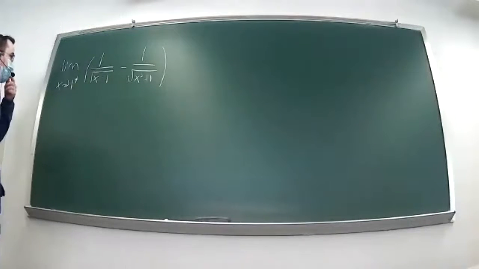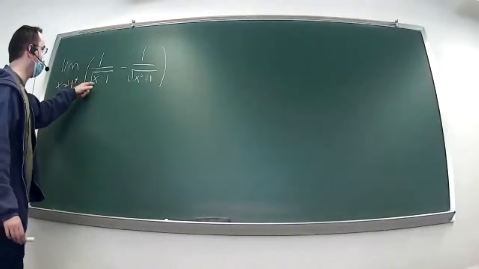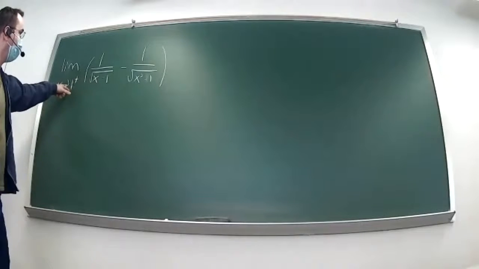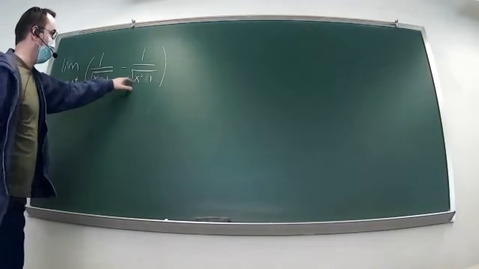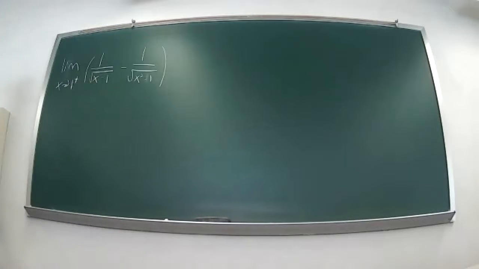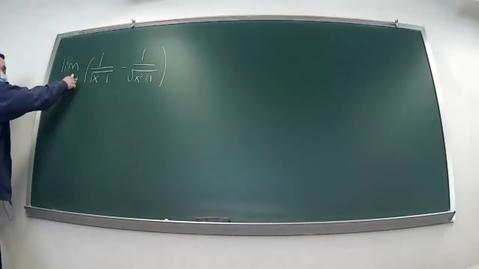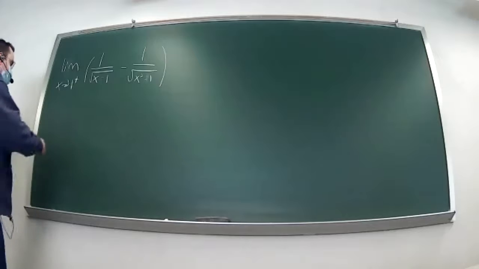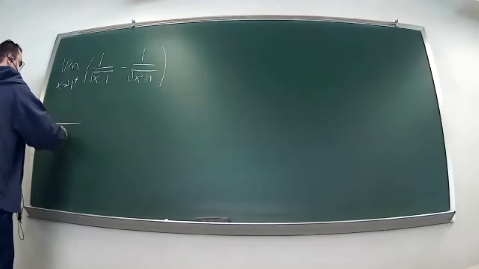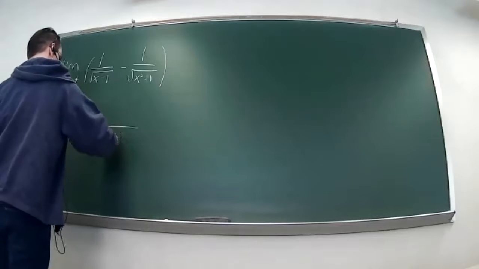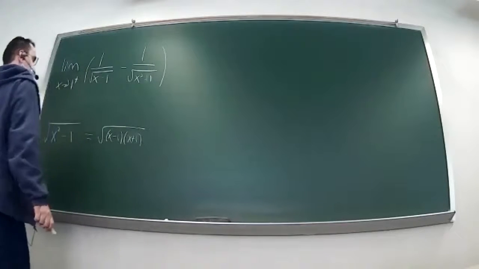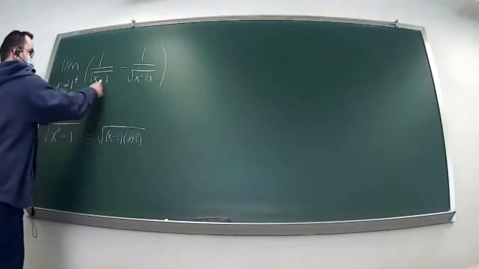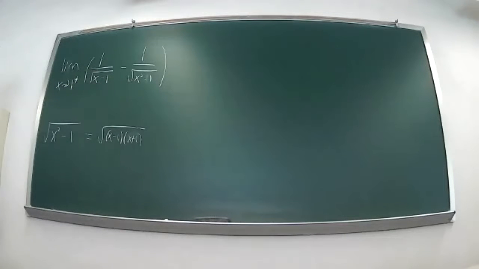So there's two things that I see. First of all, if I just try to plug in x equals 1, and this is a limit from the right, so I'm only considering values of x that are bigger than 1, but whatever, okay. That's just because of the square root, because you can only take square roots of positive values. So don't get upset by that. The first thing I notice is that x squared minus 1 factors as x minus 1 times x plus 1. So I have a factor of square root of x minus 1 appearing in both denominators, and that's good,